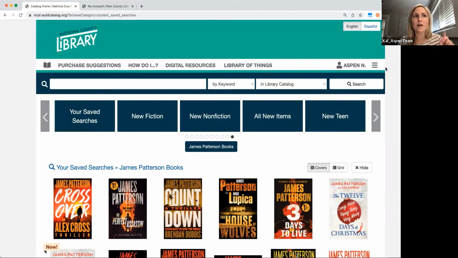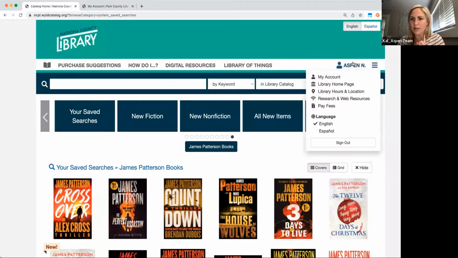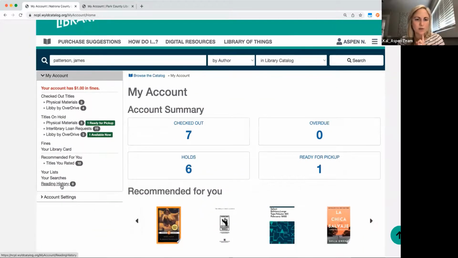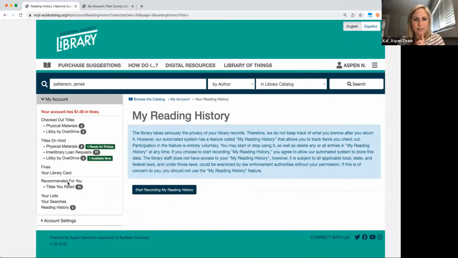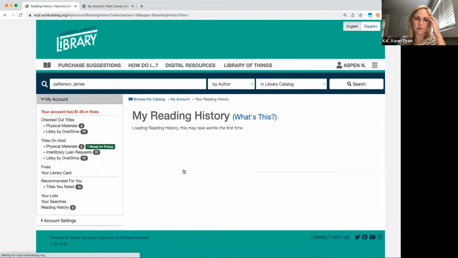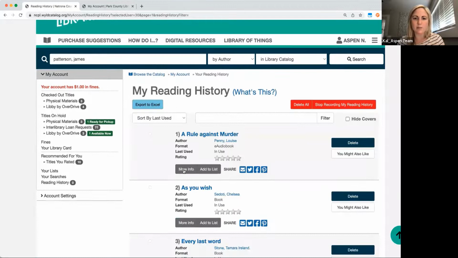Just to follow up on that, for their checkout history, there are options for reading history. Let's go into my account and touch on that really quick. There is an option to record your reading history. There'll be a little note about privacy and what reading history means. And you can start or stop your reading history within ASPEN.